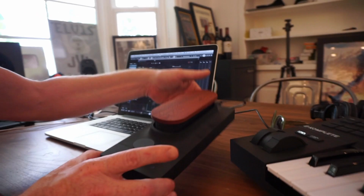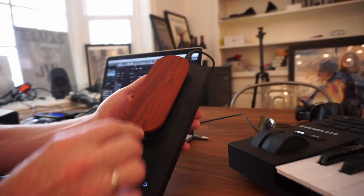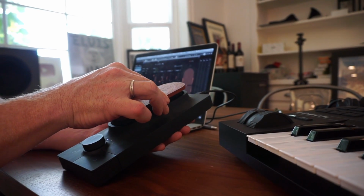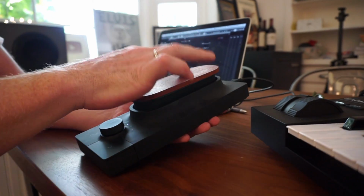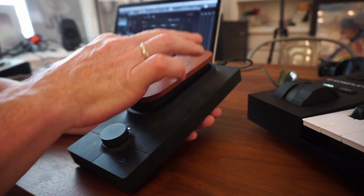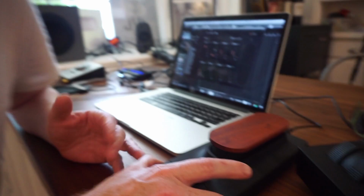It's called the Touché. Touché is a product that's made by a French company, Expressive E. I've met them a couple of times, a wonderful company. So what does this thing do, actually? It's a beautiful machine, and it allows you to go to the bottom, to the left, to the right, to the top. You can tap it, you can slide it, you can slide from left to right at any position here in this thing. And this will result in a bunch of controller data that is coming out of it,